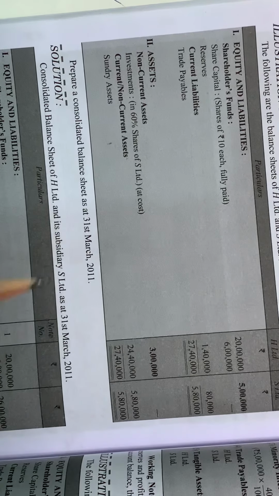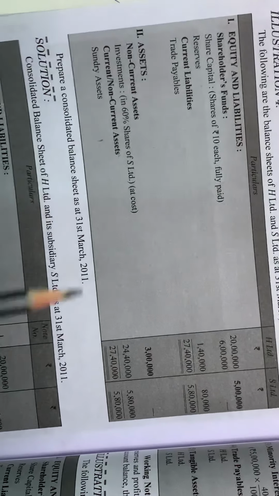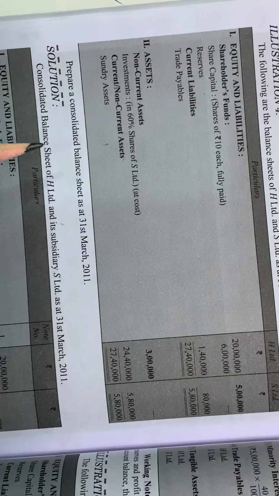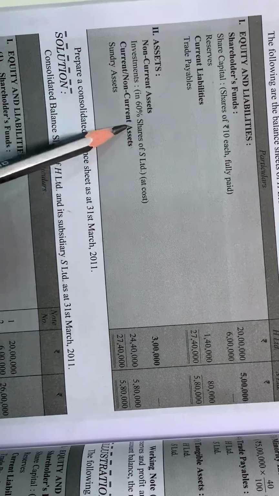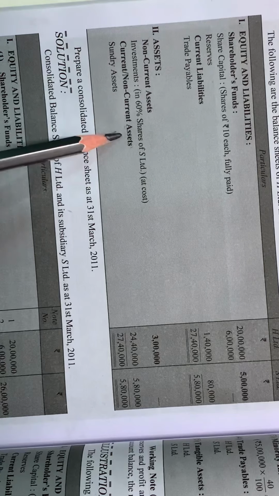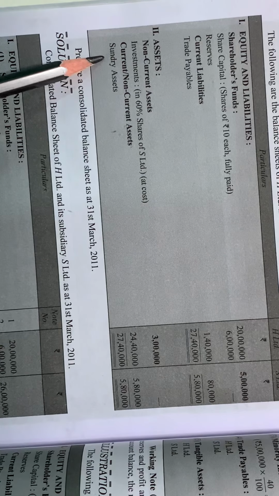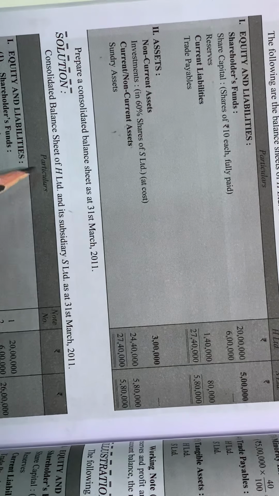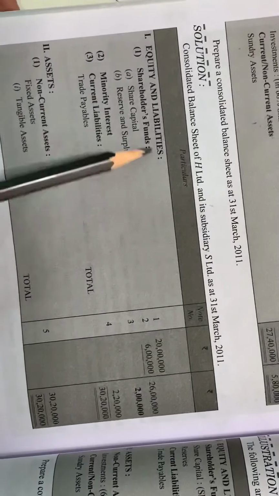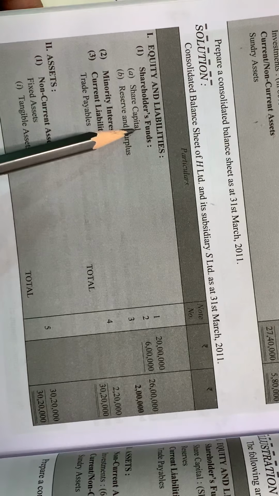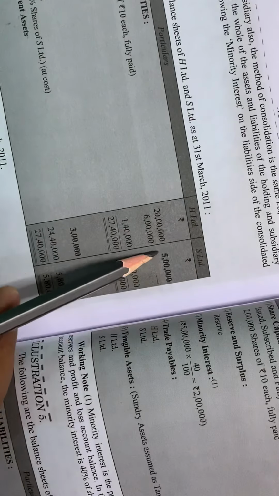Now this question is on a partly owned subsidiary, a similar situation but with a partly owned subsidiary. So you have investments which you want to eliminate to the extent of what you have invested, and you have all other things which need to be added to the consolidated balance sheet. So let's see quickly. We have share capital. You have 20 lakhs. You have to eliminate the whole share capital.